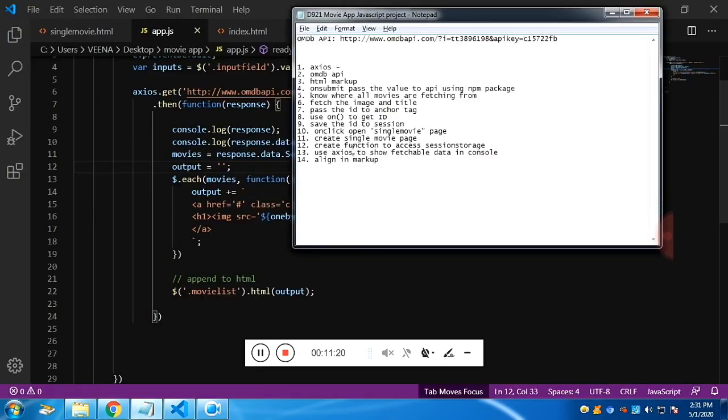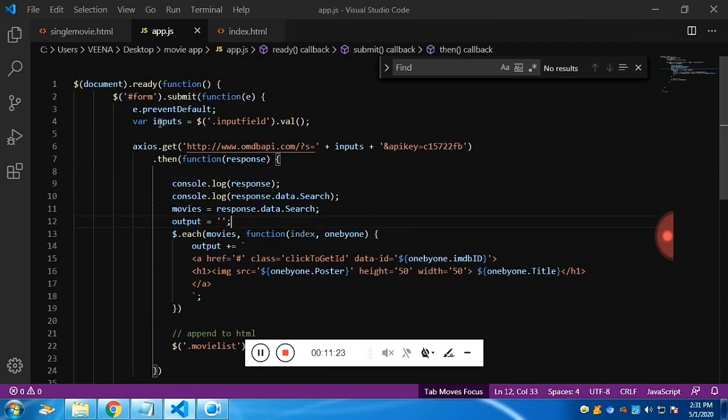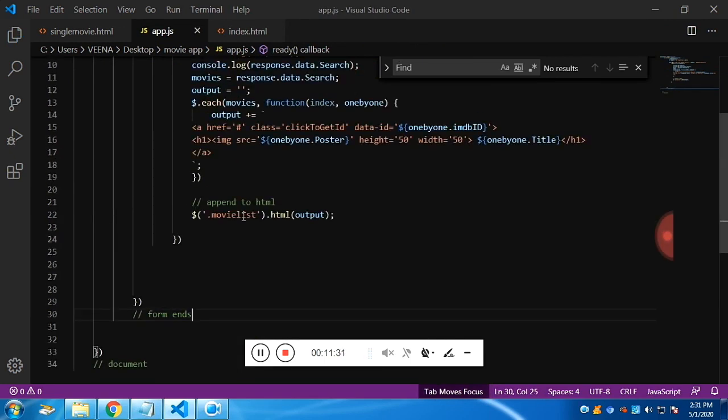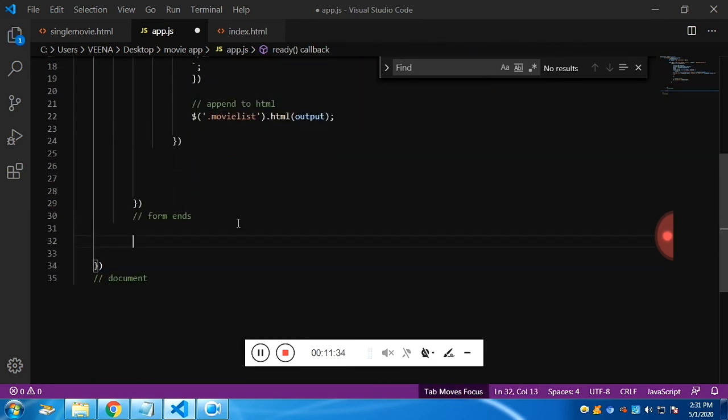So use the class. Once the function ends, we need to create a listener on the created class. Choose the class, and here we are going to use the on function, which will have three parameters. The first parameter is the event, whether it is click or load or something else. Here we would be using click. When I click on the class, the class name would be there with a dot in front.